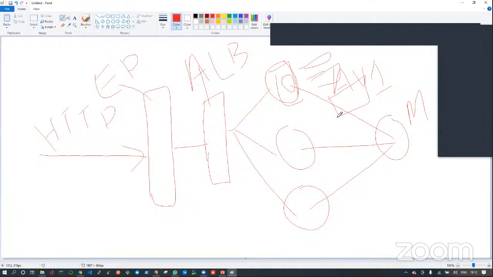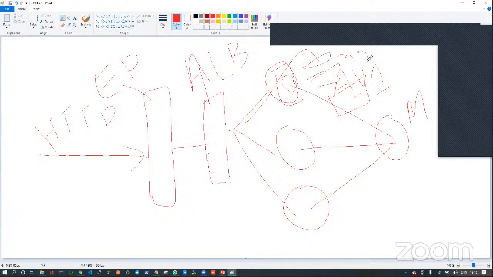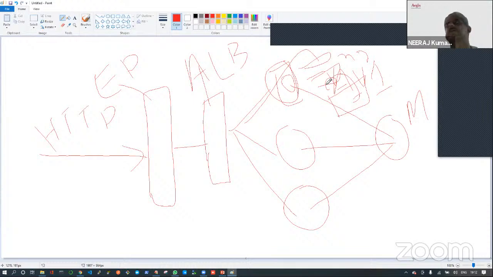So whenever any HTTP request comes, it doesn't go directly to Flask. It goes to the Nginx server, and from Nginx to Unicorn, where your Flask application is hosted. These are very simplified pictures of SageMaker that I'm showing you.